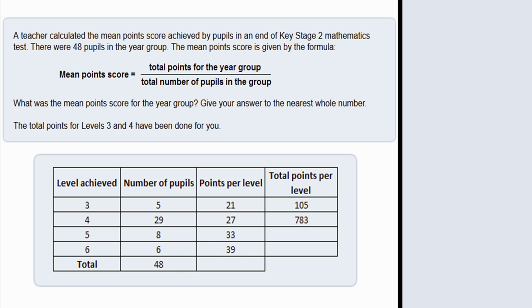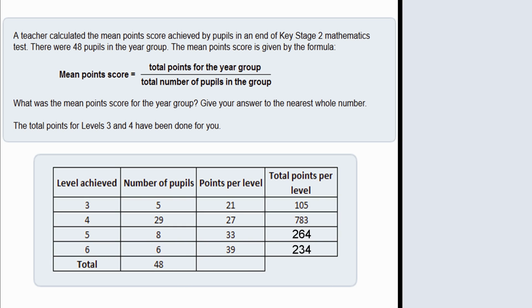So what we first need to do is work out this column here, the total points per level, and we can see that this is simply the number of pupils multiplied by the points per level, and that makes sense. So if you have 5 pupils and they each get 21 points per level, then there is a total of 5 times 21 equals 105 points in total. So the calculation we need to do, well, we need to first do 8 multiplied by 33, and if we do that we get 264, and then we need to do 6 multiplied by 39, which gives us